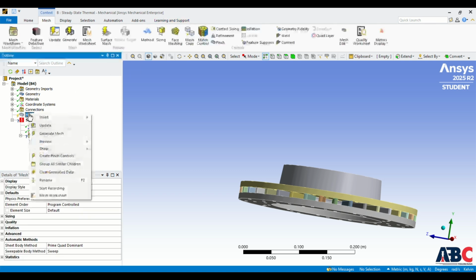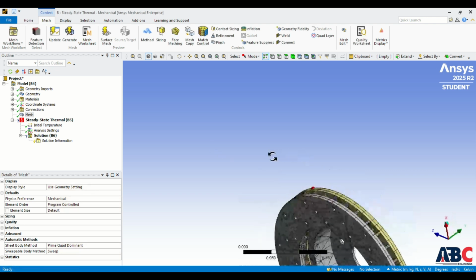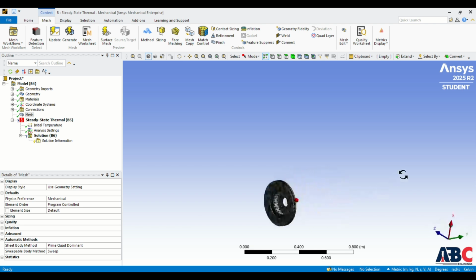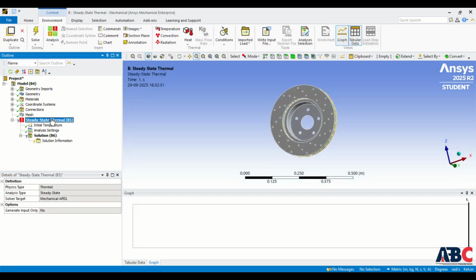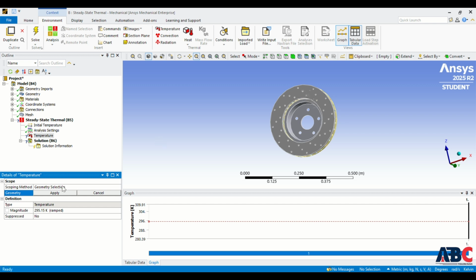Then next we have to do the meshing. So click on mesh, click on generate mesh. Now here you can see our meshing is done. Now we have to apply steady state thermal conditions. For that we have to apply the temperature condition on the base. So I will select this face